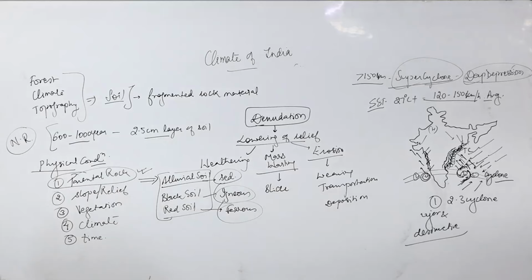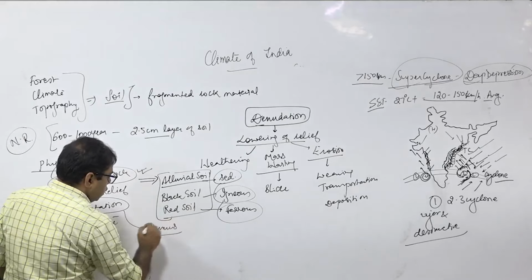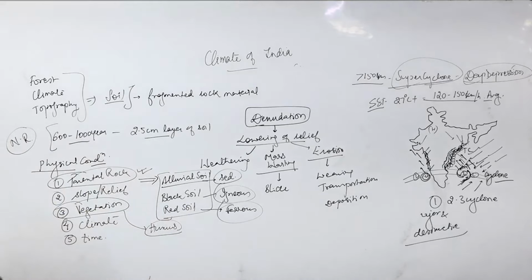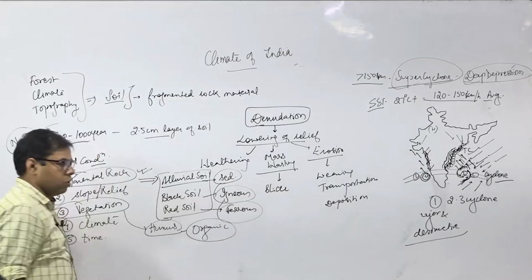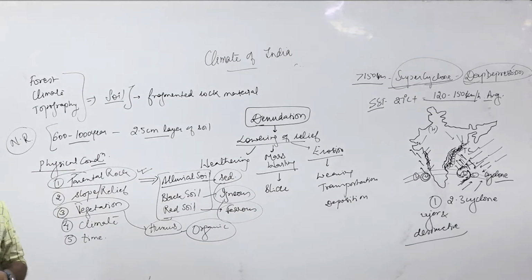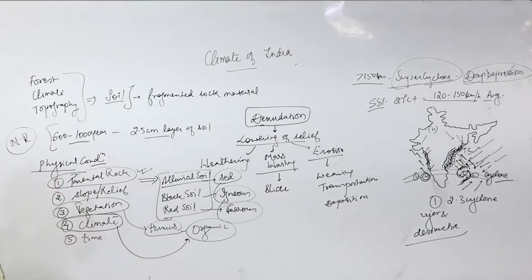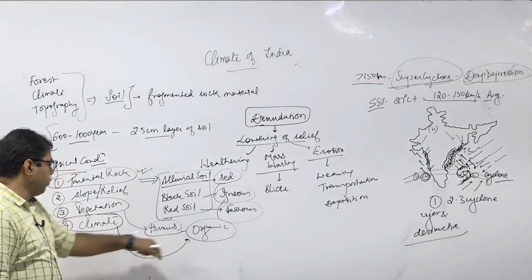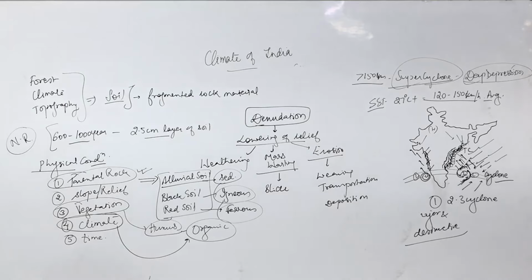The rest are the external factors in determining the variety or the quality of soil. For example, vegetation. Vegetation will control the humus content in the soil, right. Vegetation will add the organic matter, so it will make the soil organically rich or not, right. And along with that, with the climate, there will be the presence of organic matter in the soil, right. So the soil will be rich in the organic matter when the climate is very active, or the climate is a very important factor over there.